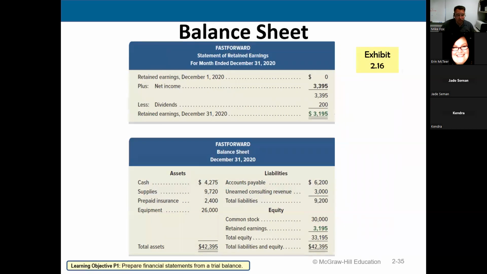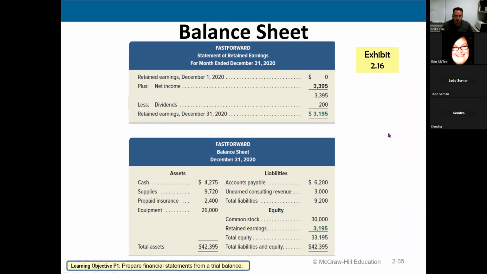Again, in real life, all I have to do is, if I'm in QuickBooks, I click on reports and click income statement, and it makes it for me. Or I click on reports and click balance sheet, and it makes it for me. But they do want to make sure as accounting students, business students, we at least know the process by which these things are made. That way, if there's ever an error, it's easier to find it.